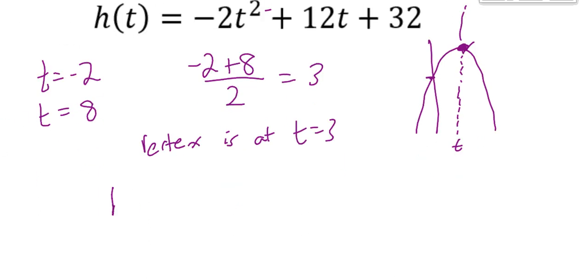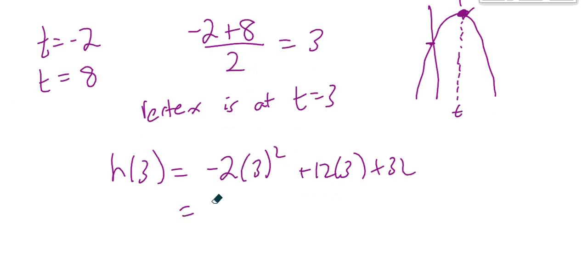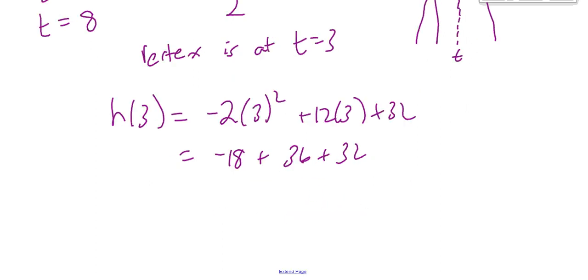So to find the maximum height, I now let t equal 3 in the equation, and I do the math. So the height at 3 is negative 2 times 3 squared, plus 12 times 3, plus 32. You can, of course, use the factored equation as well. Sub 3 in there, you'd get the same answer. So negative 2 times 3 squared. Well, 3 squared is 9, and 9 times negative 2 is negative 18. 12 times 3 is 36, plus 32. So I have negative 18 plus 36 plus 32. So if I add those all together,